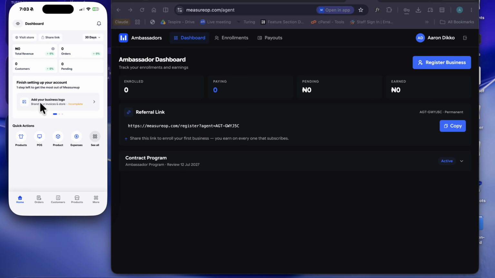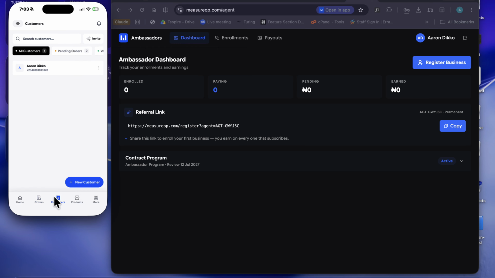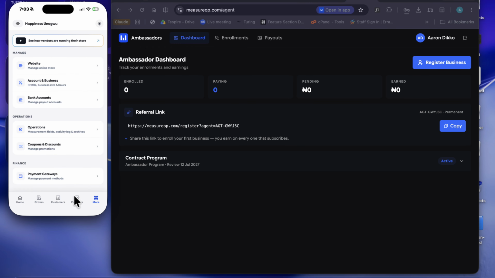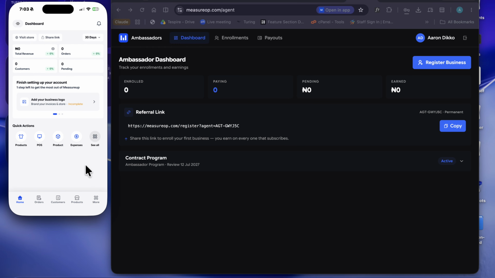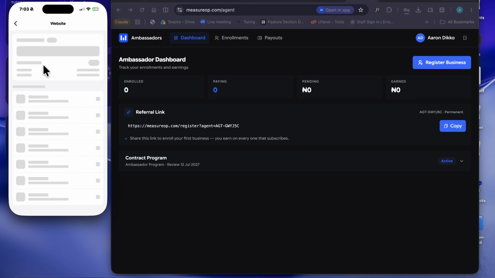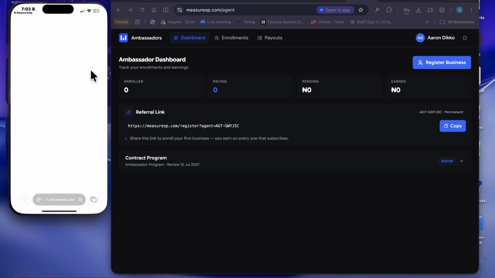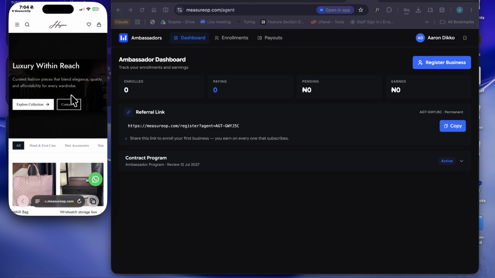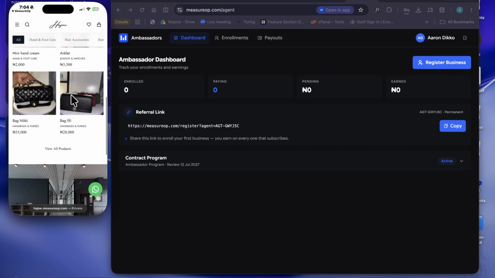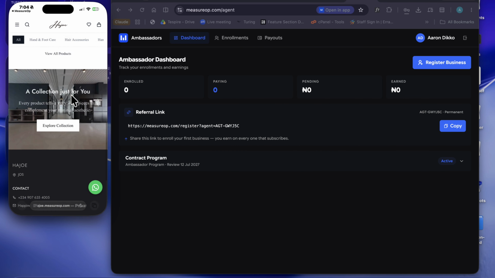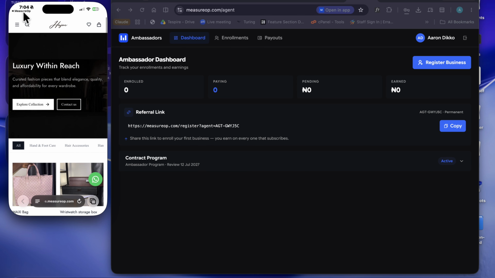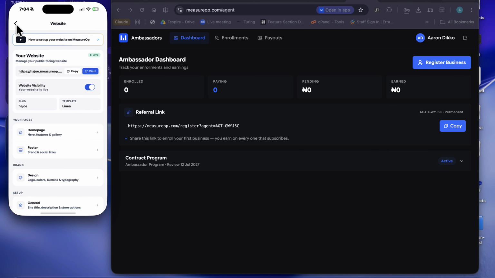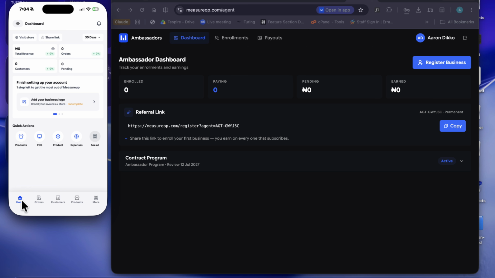So for this particular vendor, you notice here we have orders, customer, products, and then the more screen. So the most exciting thing about this is that vendors can have their own website and sell their product directly to the user and receive these orders even while they are sleeping. So this vendor, I think, took their time to set up their own website. So I'm going back to our app, and then for sales that happen offline, we have a feature called the